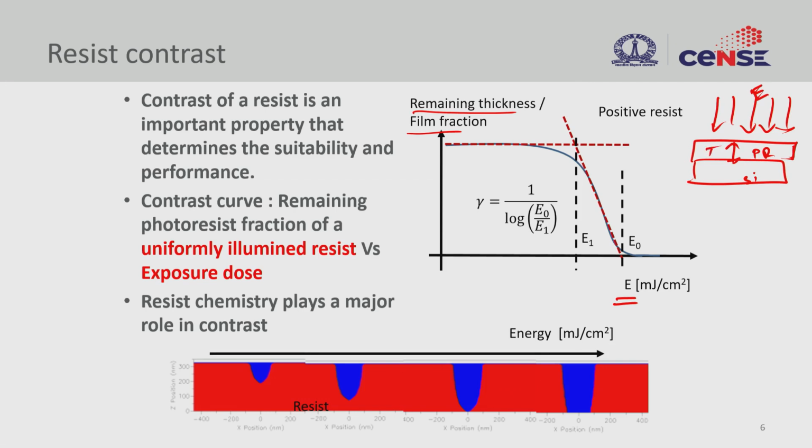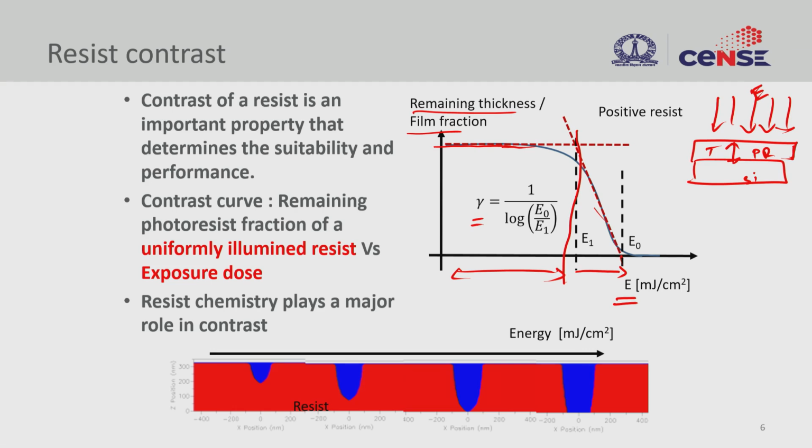As you can see here, the material doesn't show any thickness change for all these exposure doses. That means the energy is not enough to create the photochemical reaction. And then you see a threshold energy, beyond which the material starts to react, and then you are able to remove all the material, right? And the ratio of the E1, where it starts to react, to the complete removal of that material, is what we call the contrast. So this is the contrast that we talk about, and it is important to also see this